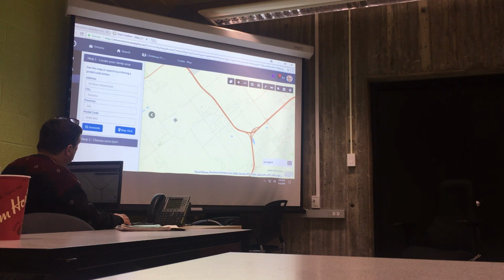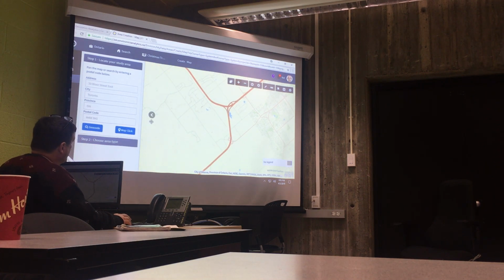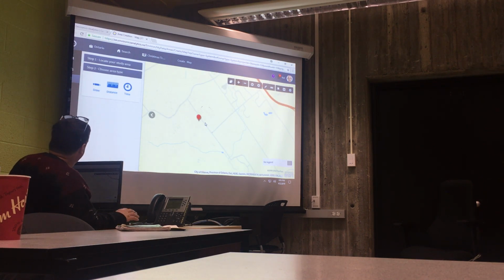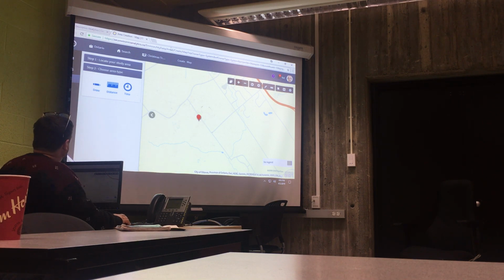So you could use this map to determine where you want to go. If you do this map click thing, then you click to add a point, and let's just say it's right about here, right there. And then you would choose area type,